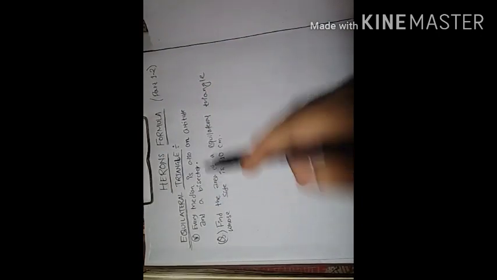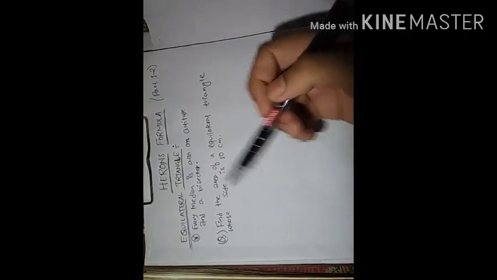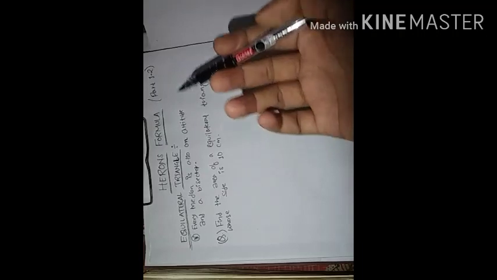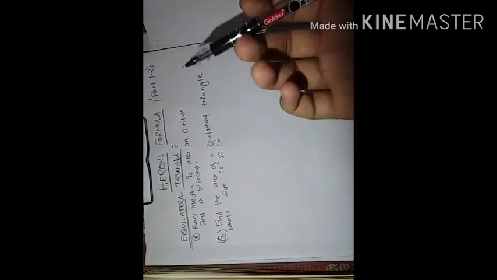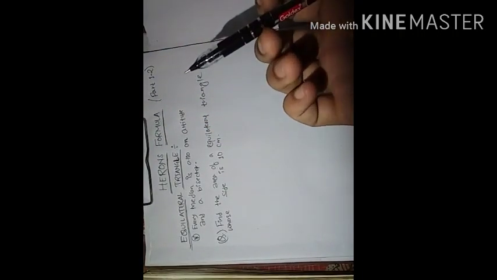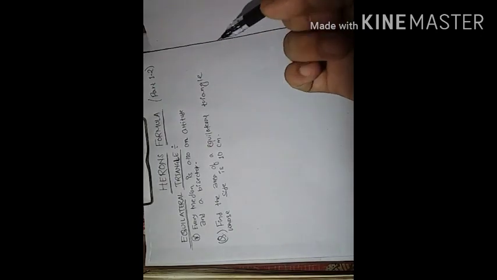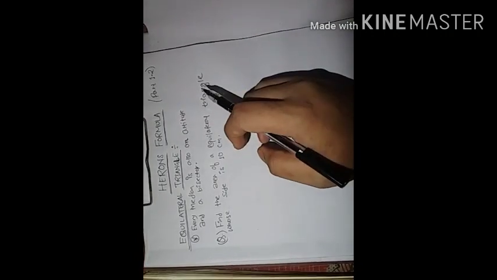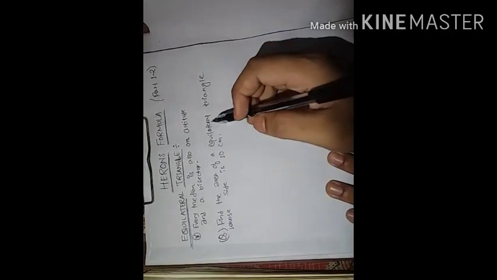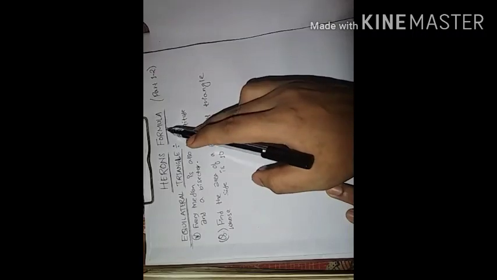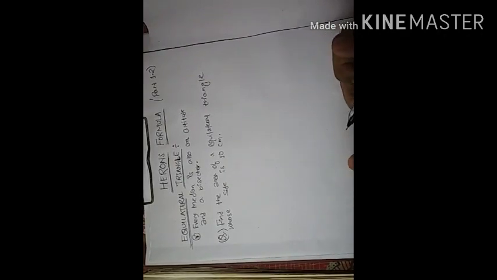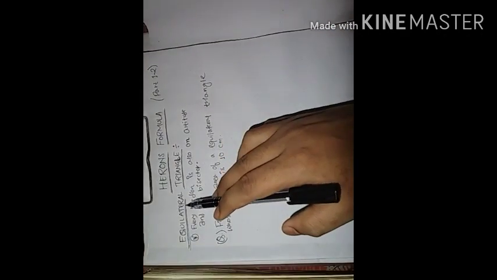Now see, in the first video, the previous video, we have studied just the pre-requirements of Heron's formula. That means we have studied some basic concepts from previous classes. Here also we will be continuing with those basic concepts only. We will not study Heron's formula in this video. We will study the area of an equilateral triangle and the area of an isosceles triangle. So let us first do the equilateral triangle.